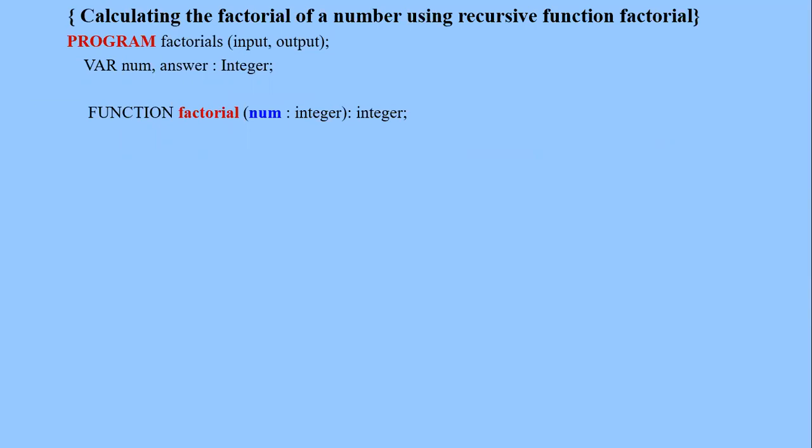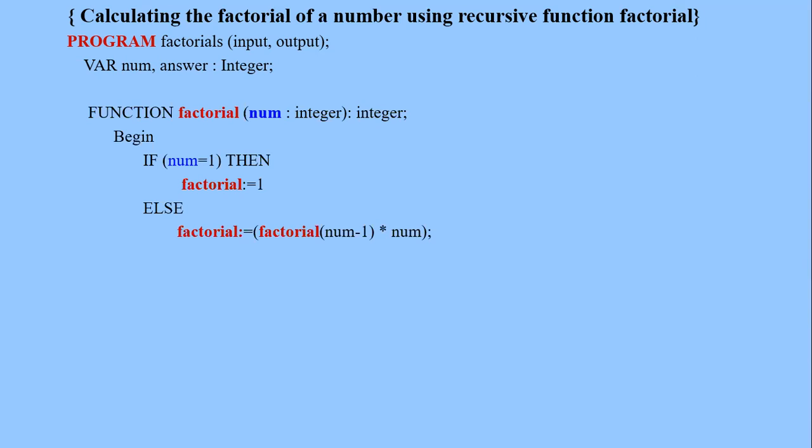So it means it will receive one value, and that value will be stored in the memory location called num. And this function is supposed to return the answer being of type integer. So once it receives a value for num, it will check the content of num. Is it equal to 1? If it is equal to 1, then 1 will be assigned to the function called factorial, and be returned to the caller. But if the content of num is not equal to 1, then what it will do,